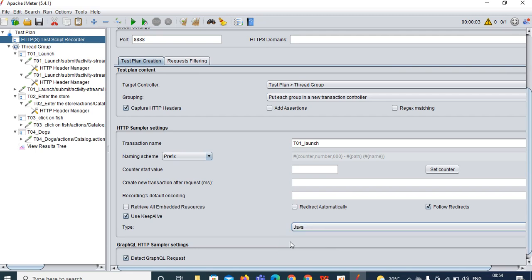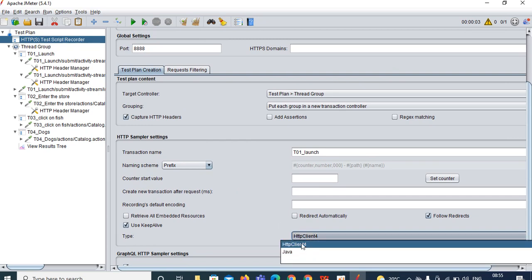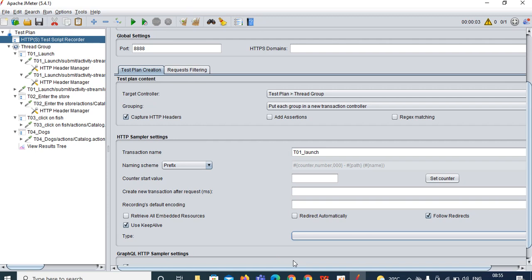You can change to Java and start recording and see whether you are able to record your application or not. If you are still not able to record, instead of Java choose HTTP client 4 and see. Okay, again go for recording and see whether you are able to record or not. Definitely either Java or HTTP client 4, it will work for you. Okay, so that is how you can overcome the